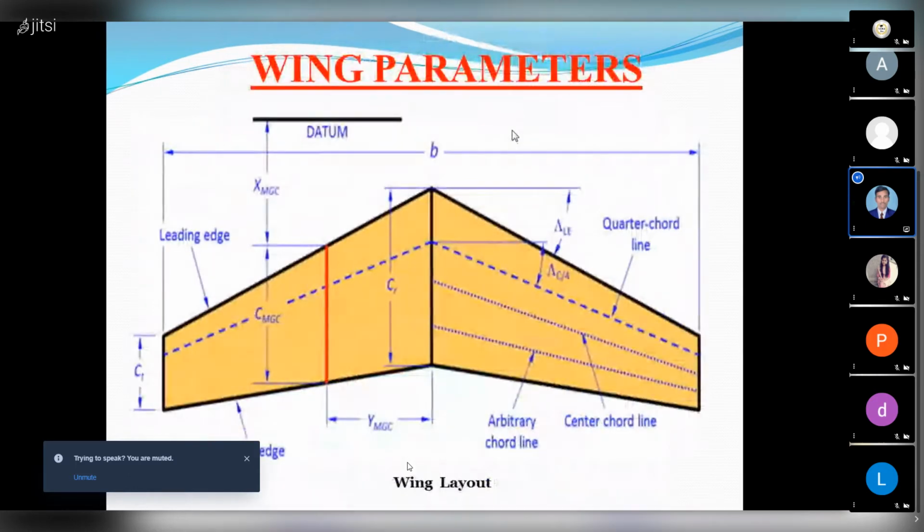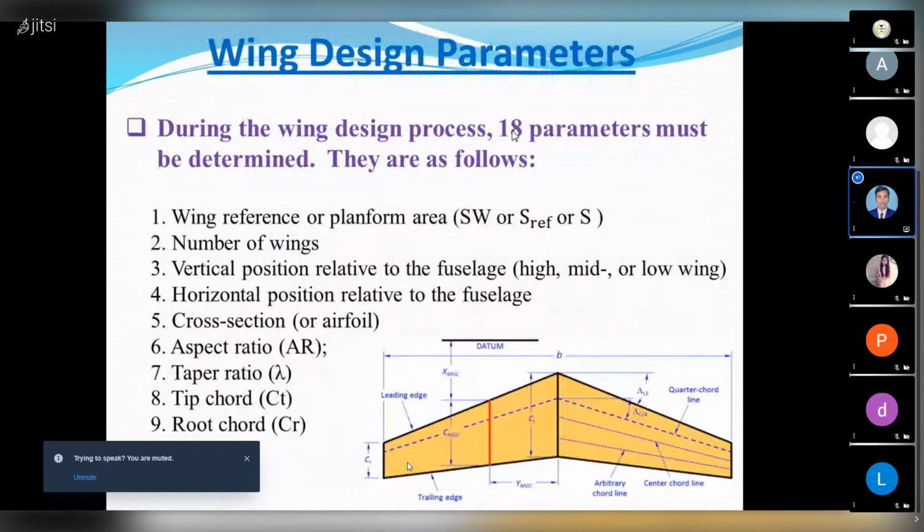We know all these parameters required to complete one wing model: wing reference area or planform area, number of wings, vertical position, aspect ratio, taper ratio, tip chord, root chord.